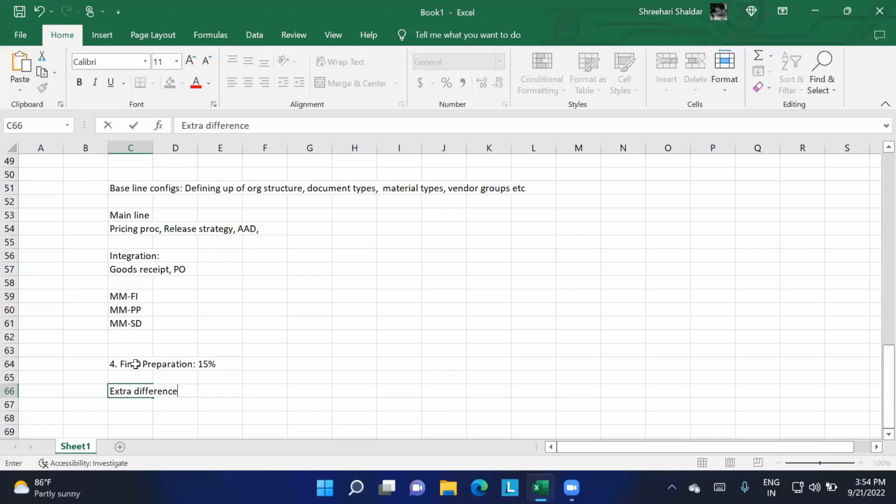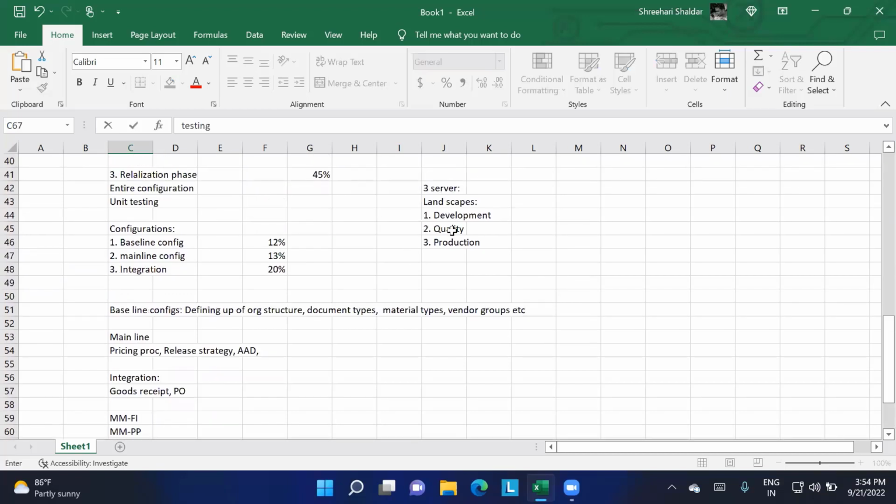Enhance it. So if any extra requirements or extra differences are there, we need to take care of them here. And here the main thing we are going to do is testing, which will take place in this final preparation. Whatever servers we have taken now in development, whatever configurations we are going to do now, will be taken care of in the development server only. Development means you are developing the system.